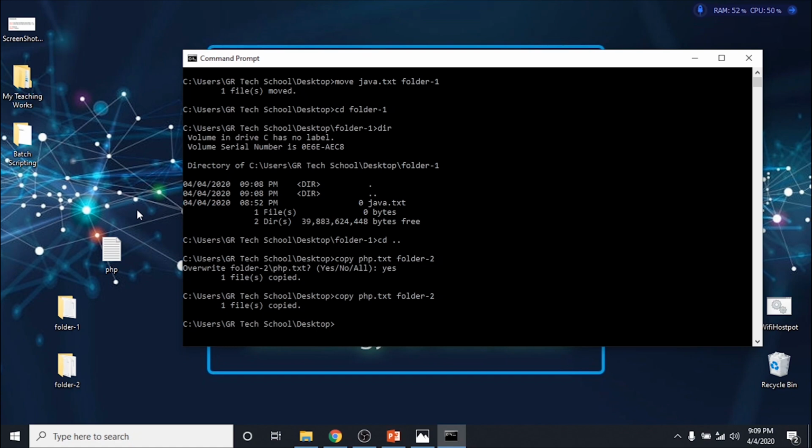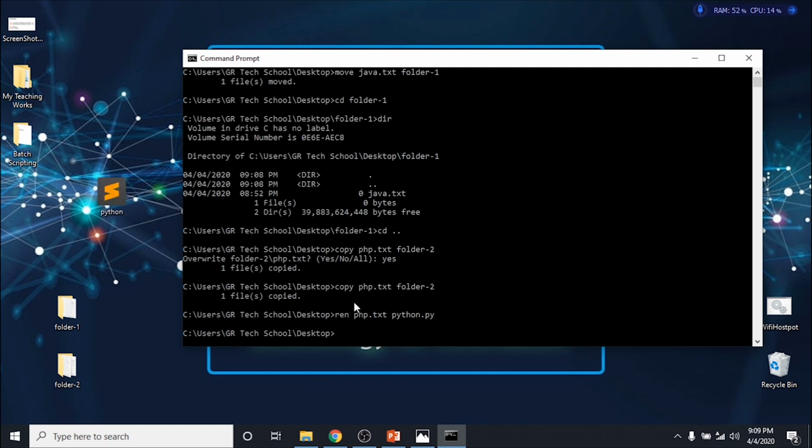Next, I'm going to rename this PHP file as python.py. In order to do that, I can use ren or rename. So I'm going to use ren. Okay, I'm going to type php.txt, and I'm going to name it python.py, not php. And if I press enter, it's going to change the file name and extension, and you can see my text editor Sublime Text is recognizing it as a Python